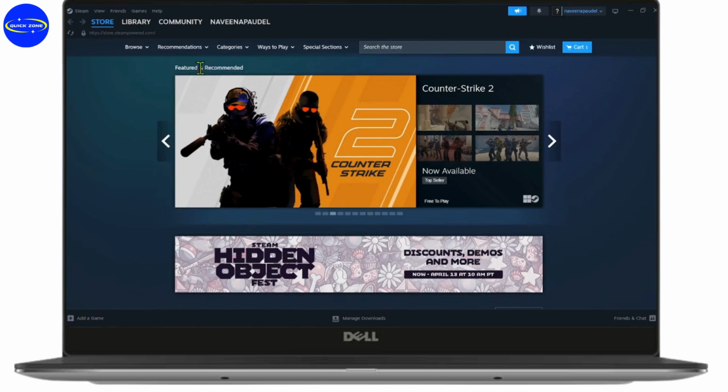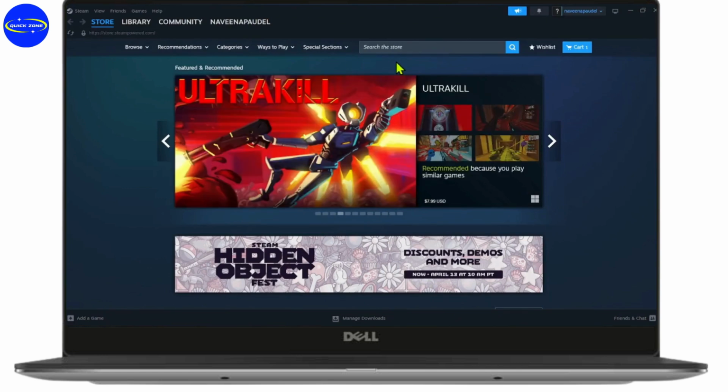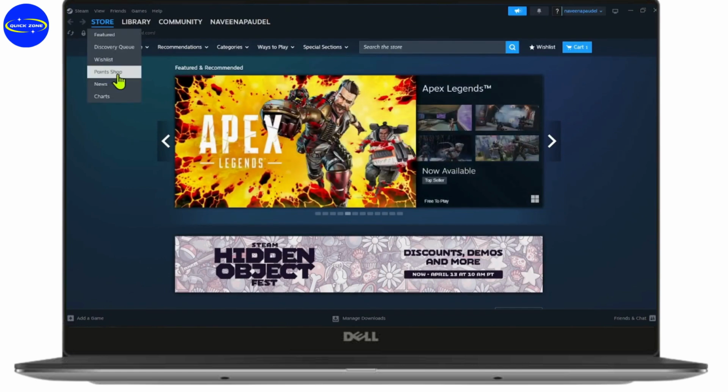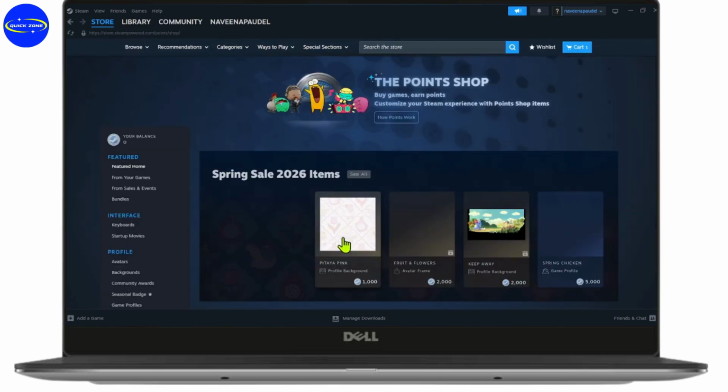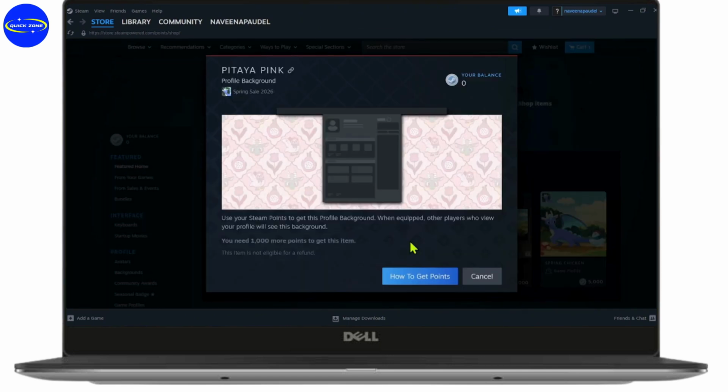After opening your Steam, you need to just simply go to your Steam Points Shop. Go to Store, which will be in the top left, and then go to your Points Shop. And for example, I want to buy this one and then pay the 3,000 points, click on Later, and then